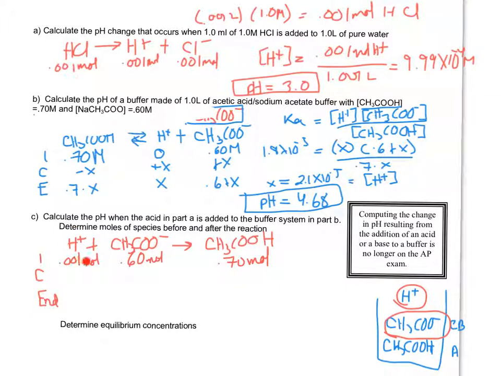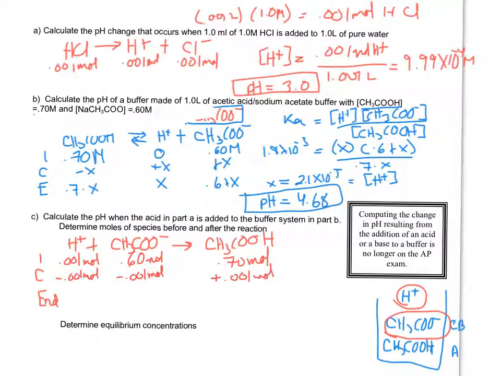I have 0.001 moles of it, so that's how much is going to get used up, because by definition, a limiting reactant gets used up. So my change is going to be minus 0.001 moles for this one. Since this is a 1-to-1 ratio, and acetate is also a reactant, that means I would use up 0.001 moles of this as well. And since it's a 1-to-1 ratio and I'm forming the acetic acid, that means this change is going to be plus 0.001